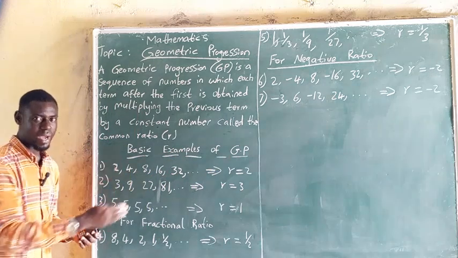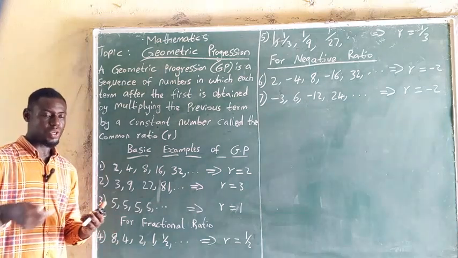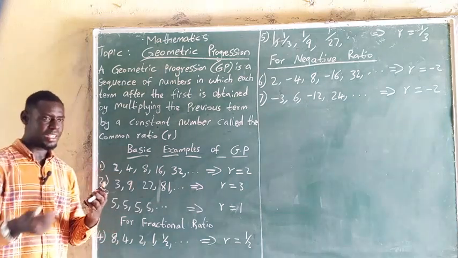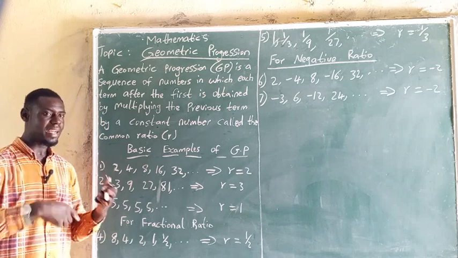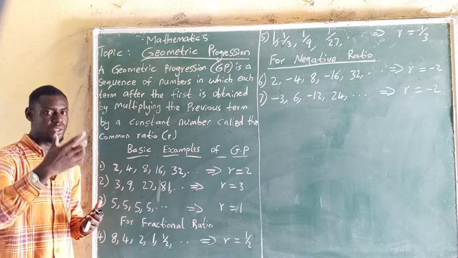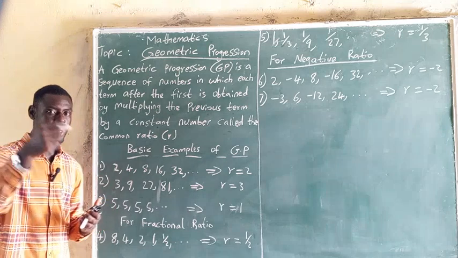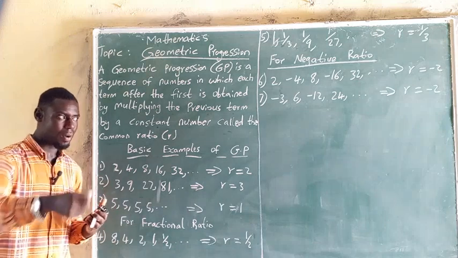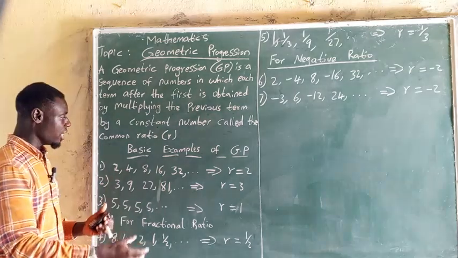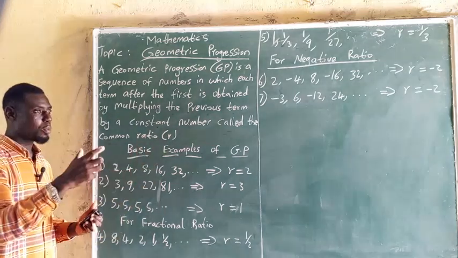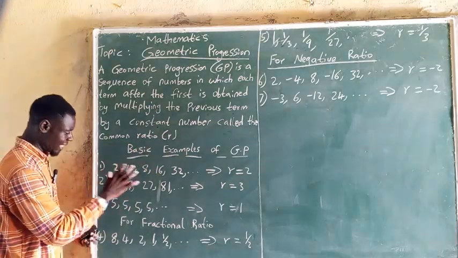We have a sequence. What is a sequence? When you add a particular number, it gives you another number. That same number you add again, it will give you another number. It continues, just like 1, 2, 3, 4, 5, 6, 7, 8. You keep on adding one. That number you are continuously adding is called the common ratio here. But now the common ratio, as the name implies, like in this example one,